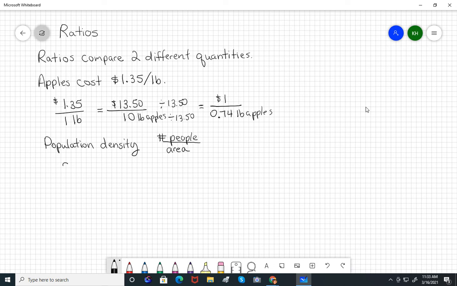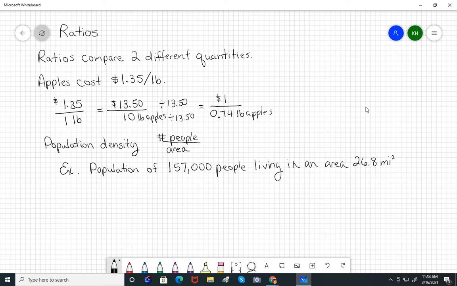So for example, if you know that you have a population of 157,000 people, and they live in an area that is 26.8 square miles, then we get a population density